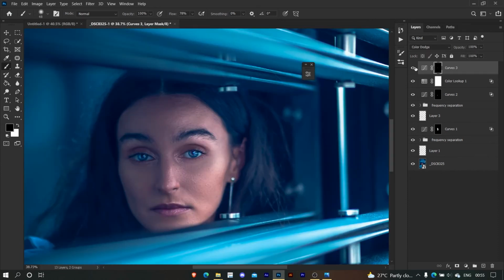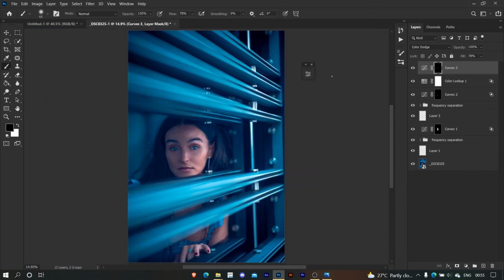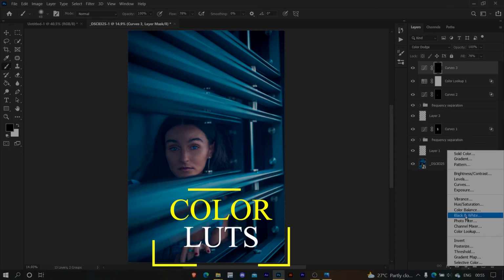See, this is before and this is after. This looks too much, so you can reduce the fill. It will have a different effect from opacity in the color dodge blending mode because it is one of the 8 special blending modes which have different effects in opacity and fill. So decrease the opacity a little bit. Now check the before and after. This is nice. So we'll zoom out from the image and we'll add some more color lookup tables here.